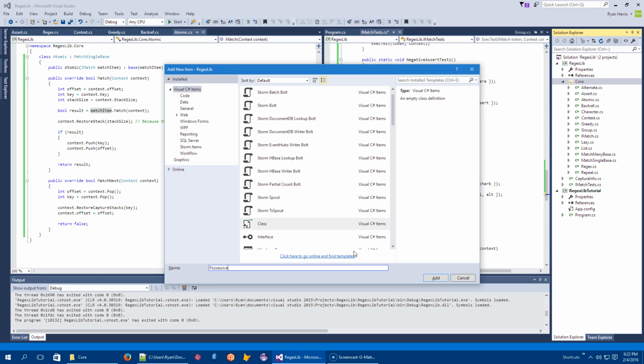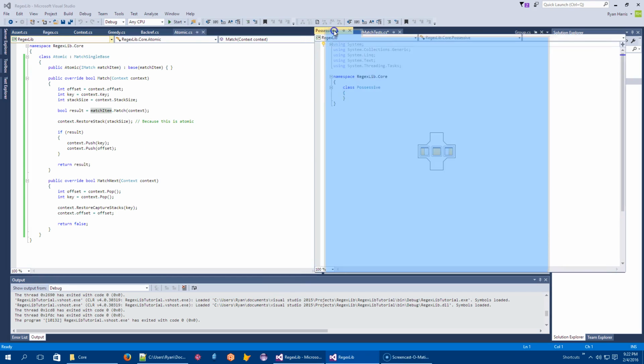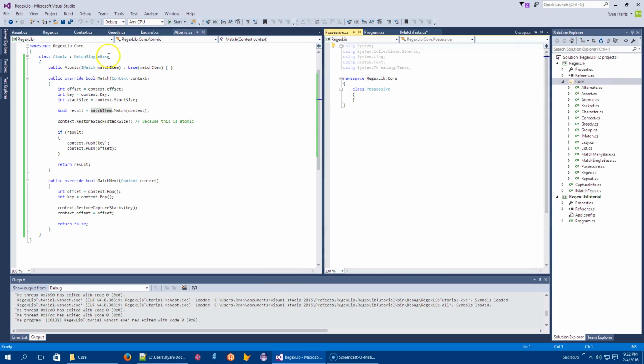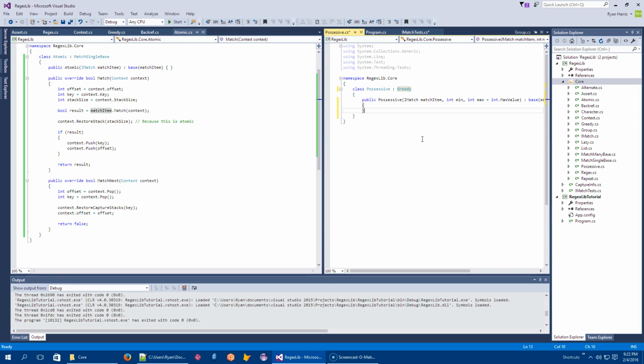Let me make sure I know how to spell possessive. Yeah, looks fine, whatever. This is the one time I'm actually going to write it over here because it's the same thing as atomic. But it's a subclass of greedy, right? So let's make our constructor. Nothing new to contribute to the situation. We are going to override